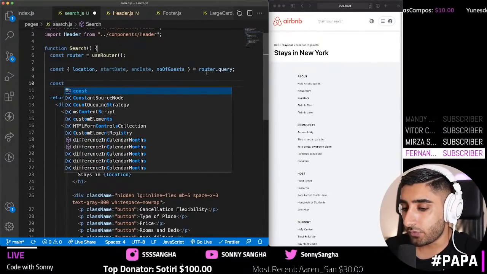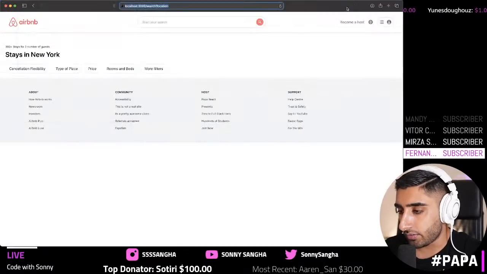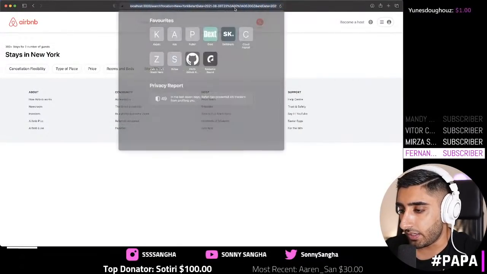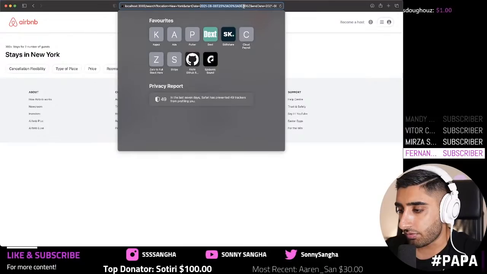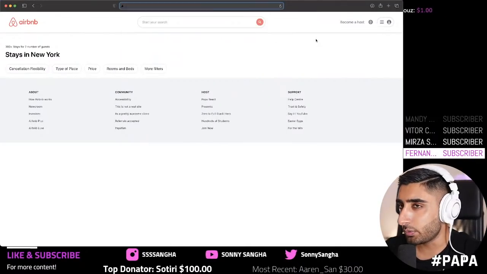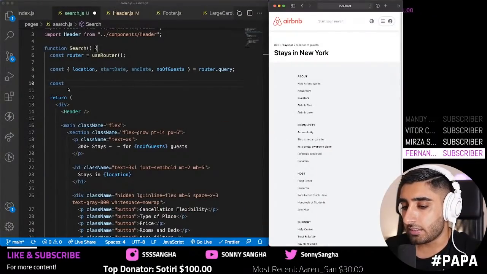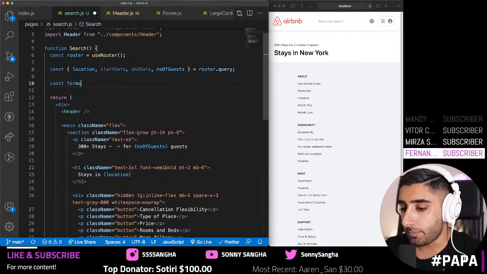Firstly, I need to format the start date and end date, because remember, we compiled it into that little string. Remember that string we actually got back over here? It's this messy string right here. It's a kind of horrible string. We don't want to show that on the screen. So instead, what I do is I say const formatted